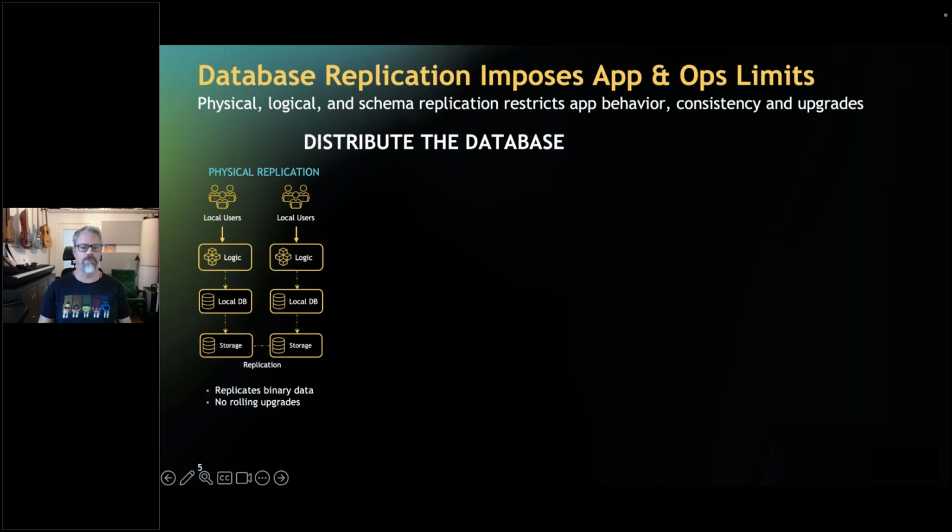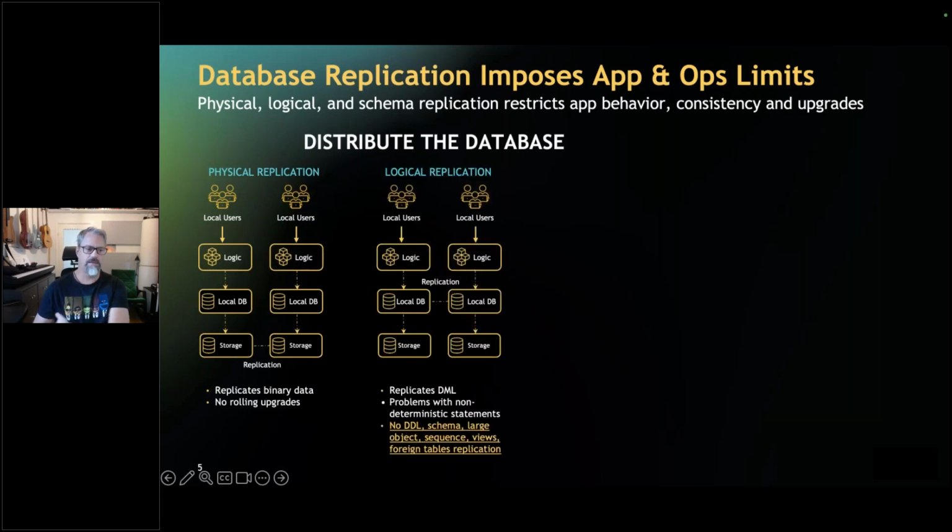And here we have three different archetypes. We first have physical replication, meaning replication of binary data at the infrastructure level. Some of the things that are hard here are, how do we do rolling upgrades? How can we work efficiently with this sort of black box that binary physical replication means?